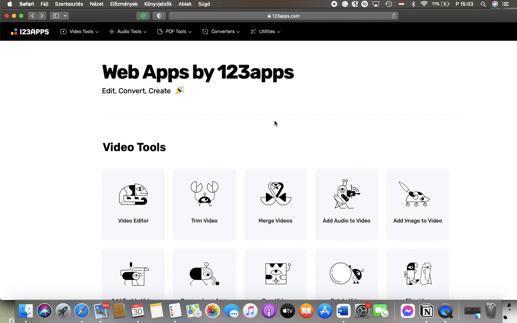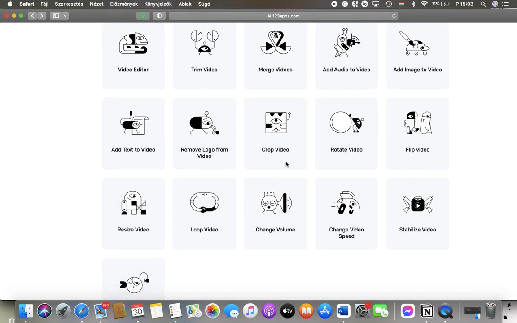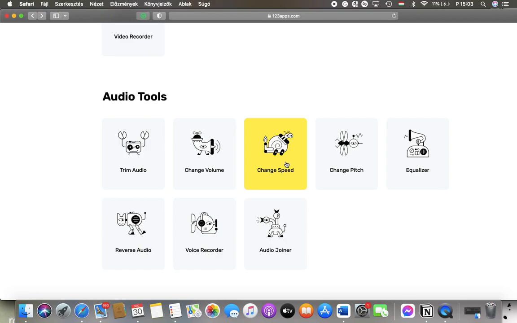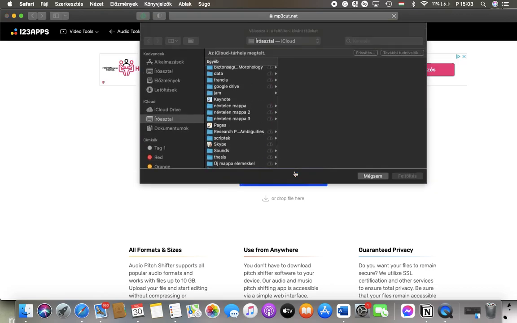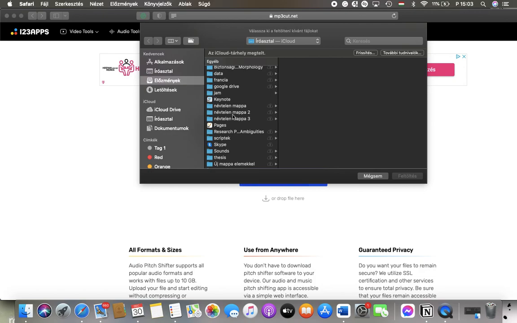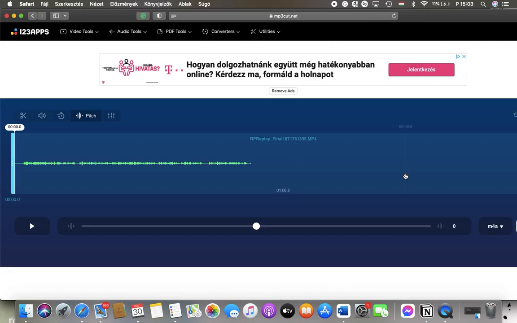First of all, open the application on your phone or on your device, and after that scroll down to the audio tools section and click on change pitch, which is the fourth option. After that you should select a file, so tap on open file and then select the video you want to edit, click on upload,